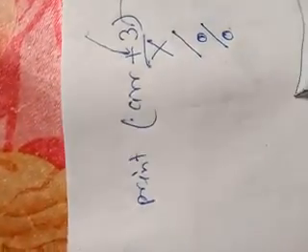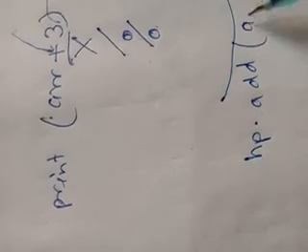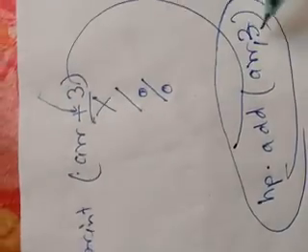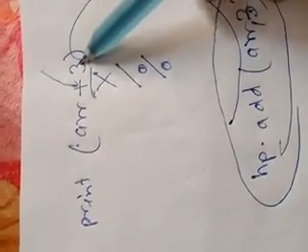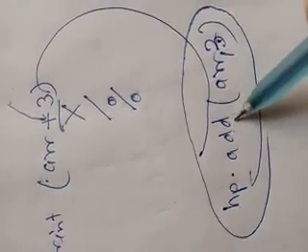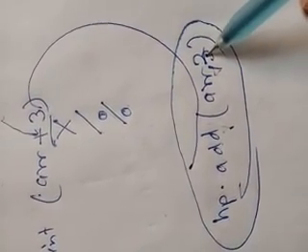For example, numpy.add. Suppose that in this example you want to use it that way, then you can write np.add(array, 3). That will give the same result. Print array plus 3 is the same as using the function np.add, where add is the function, then within brackets array comma 3. So that will work in the same manner as you have given here.